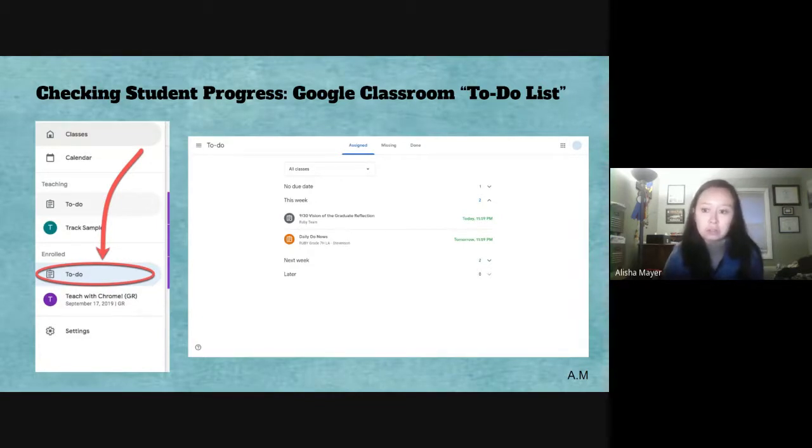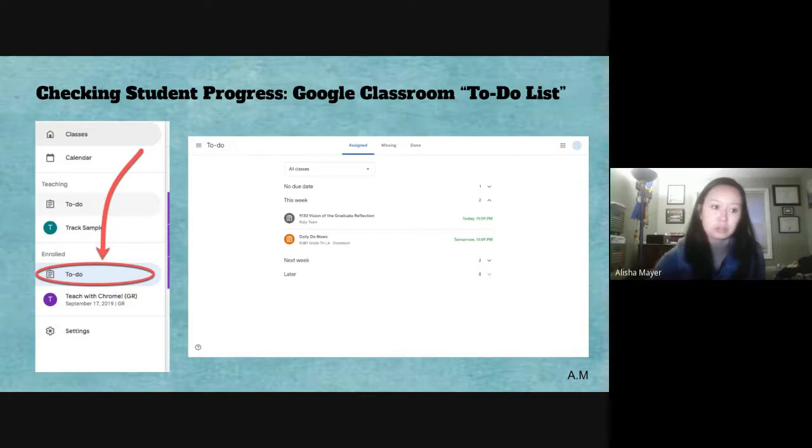The Google Classroom to-do list, again, we're relying on Google Classroom to post our assignments digitally. And so the to-do list is a great feature. We recommend actually sitting down with your child and having them log on to their Google Classroom because their view is going to be a little different than what a parent or guardian sees if you're in the Google Classroom in that capacity.